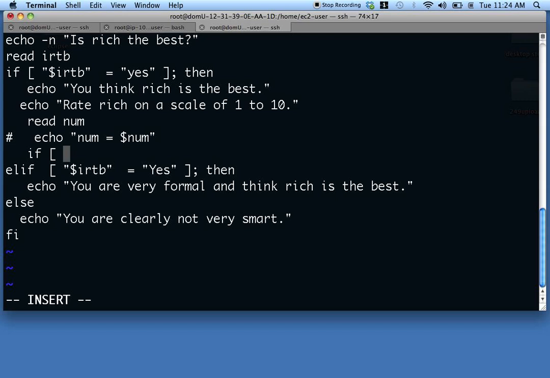I'm underneath another if statement. So if $num is less than 0, no, less than 1, because we want to do less than 1, right? Because I don't want 1 to 10. Less than 1, or $num greater than 10, then